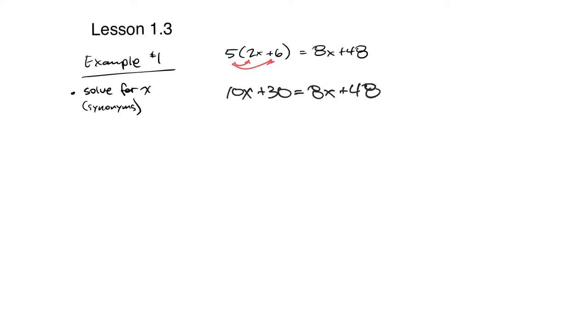Now that they're distributed, I should have drawn my line. If I'm going to try to eliminate something from one side of the equal sign, I have to do the same action to both sides. So real quick, I'm going to move one of the x terms. I have 8x and 10x. I'm going to move the smaller number. So if I subtract 8x from both sides,